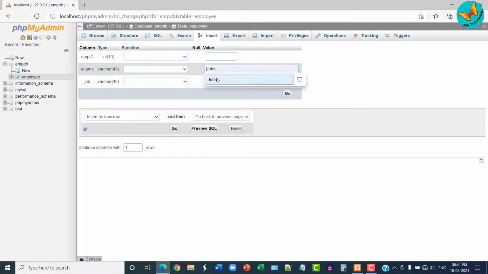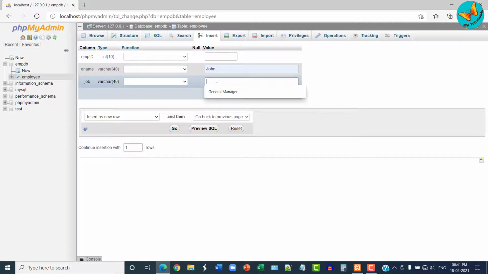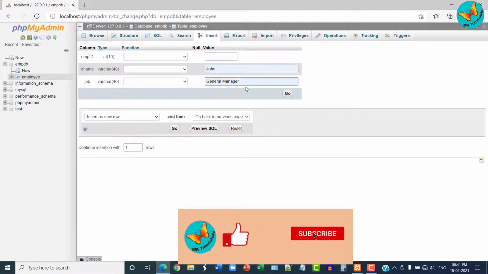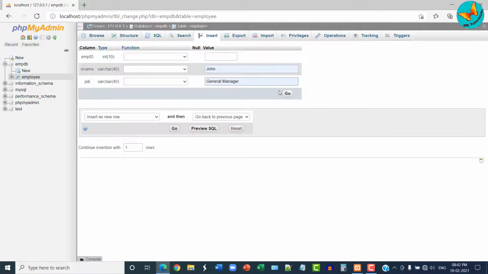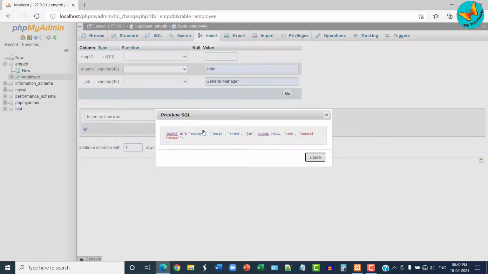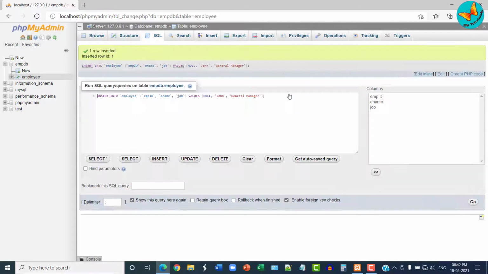Then employee name, suppose I'll put John, and job to be, suppose, general manager. Then click on this go button. You can also see the SQL by clicking on preview SQL. Just click on go and here you can see that the John row has been inserted successfully.